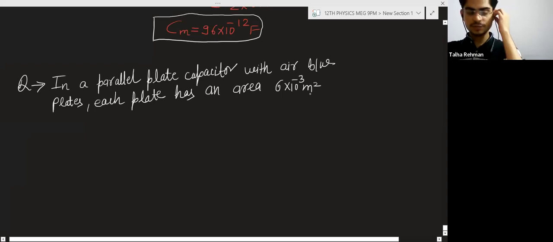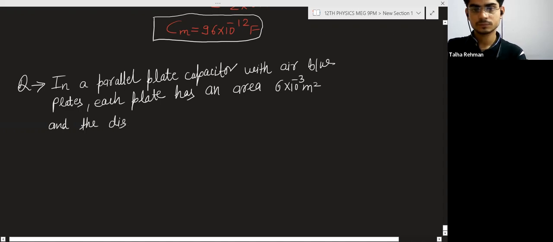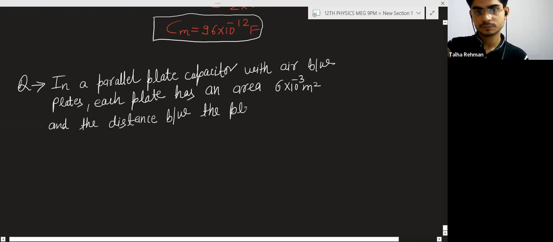Meter square is the unit of area, and the distance between the plates is 3 mm. Calculate the capacitance of the capacitor